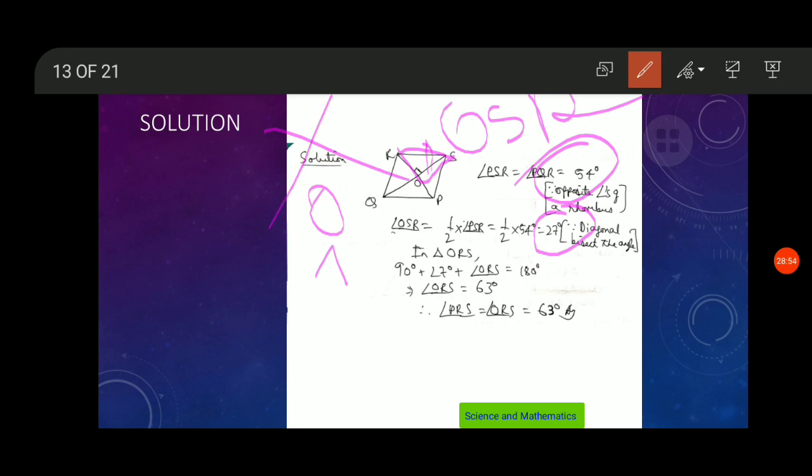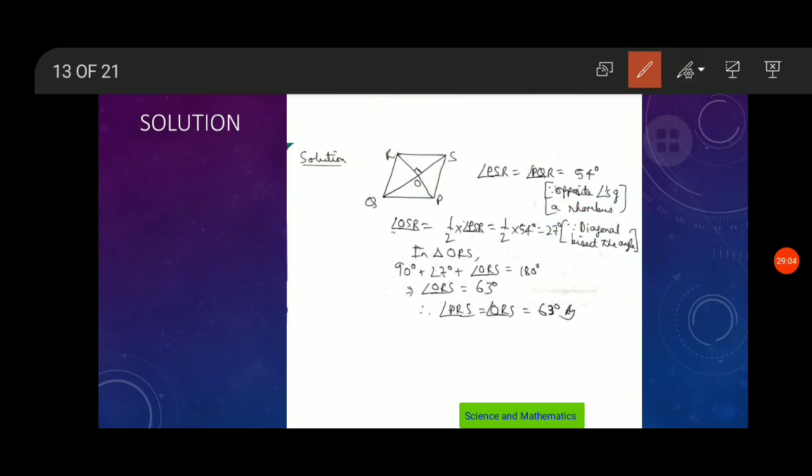Then the perpendicular bisect, we all know the perpendicular bisect. So this will be 90 degrees, and we all know this is 20. So this is 90 degrees, and we have found out this is 27. Now it is easy when we subtract from 180 degrees: 90 degrees plus 27 degrees. How much will it be? It will be 117 degrees, right everyone? So it will be 117 degrees when we are subtracting from 180 degrees, because we are forming this equation. I hope you can all see, right?